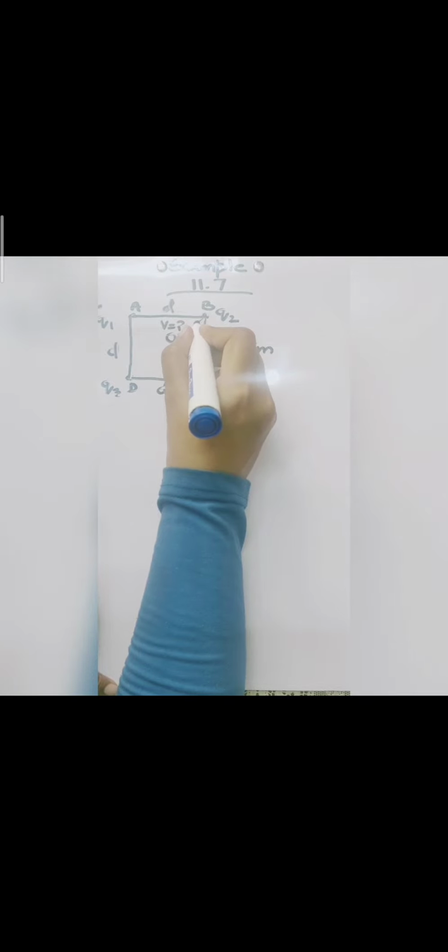At this point we have to calculate the potential because of all the 4 charges. The distance between the points, or you can say one side of the square, is equal to D. You can choose D or R or whatever name. Here D is equal to 1.5 meters, and since it is a square, every side would be of the same length. They have asked us to calculate the potential at O, and we have the formula V equals kq by r. We don't have r in this case, so we have to calculate this r, right?